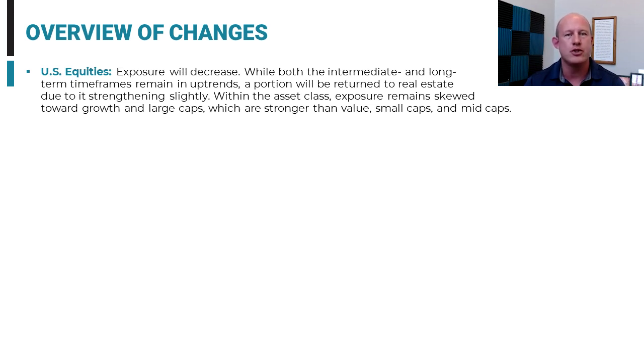This is not because the trend in the intermediate term or the long term has changed, but trends elsewhere in the portfolio that we're handing off to U.S. equities are now simply taking some of that exposure back. So the change in U.S. equity exposure, or the decrease in that, is around the edges, but it is decreasing heading into August,